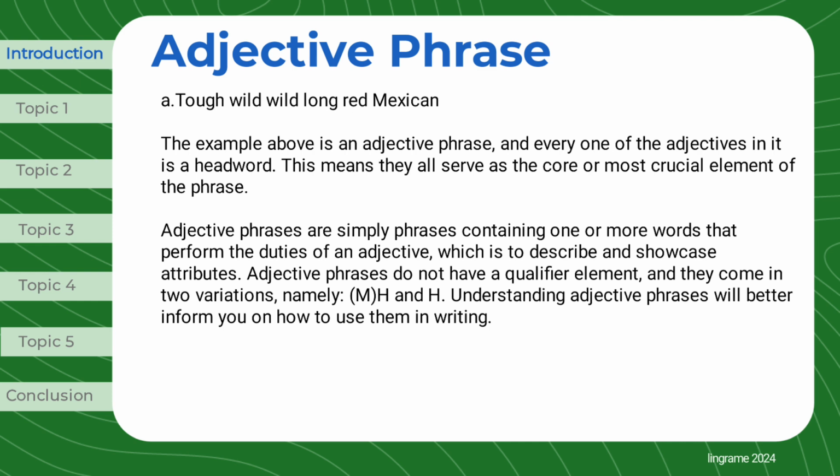Adjective phrases are simply phrases containing one or more words that perform the duties of an adjective, which is to describe and showcase attributes. Adjective phrases do not have a qualifier element, and they come in two variations, namely, MH and H. Understanding adjective phrases will better inform you on how to